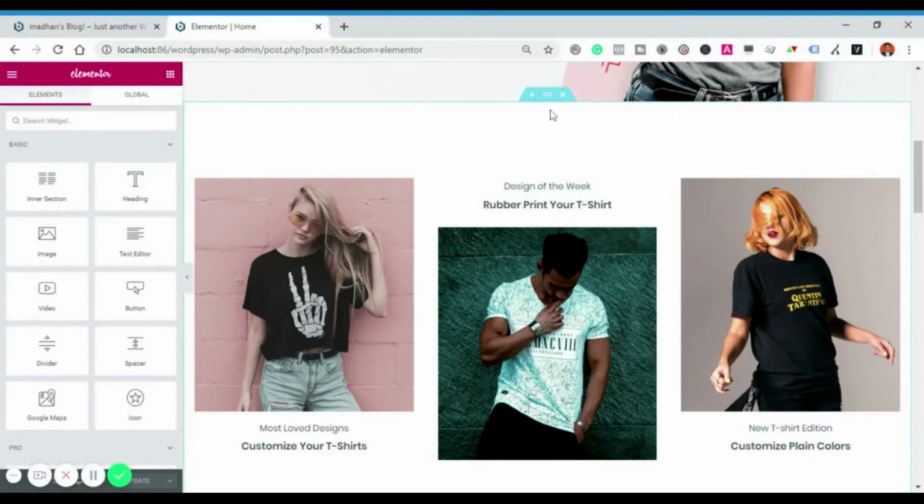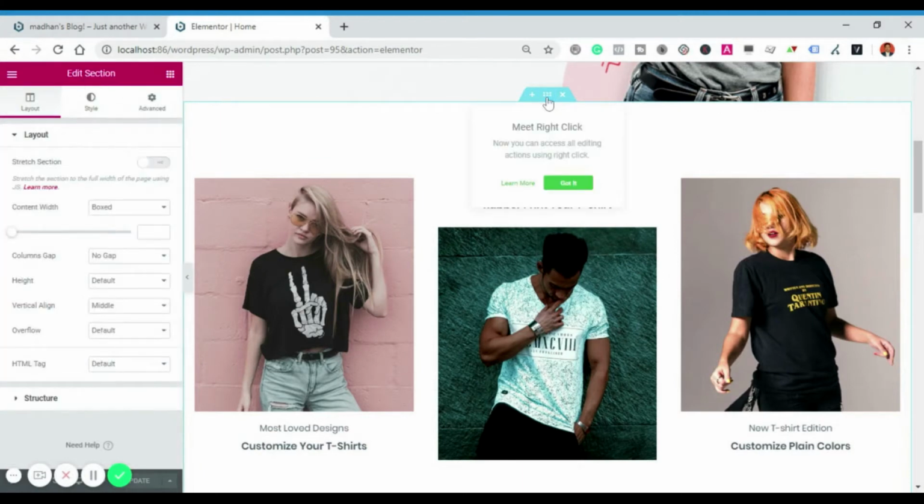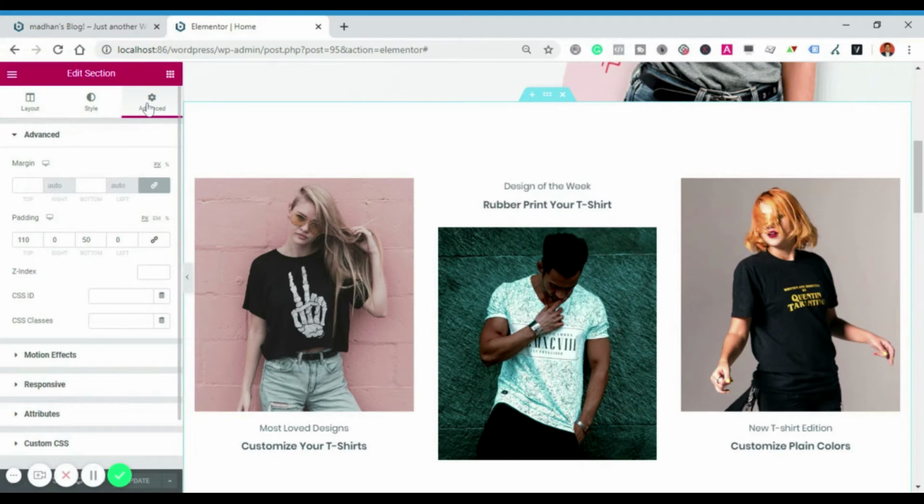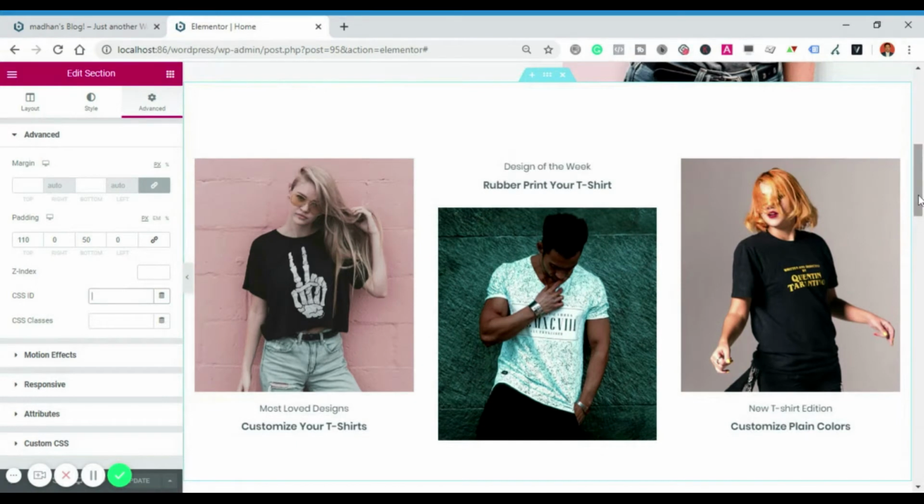Just hover on it, click on these dots. Now on the left side, let's go to the Advanced tab. Here you have an option called CSS ID. This is the place where you need to assign an ID. An ID should be unique. As you have multiple sections here, you should provide a unique name to individual sections.